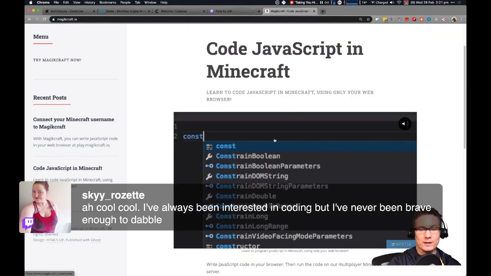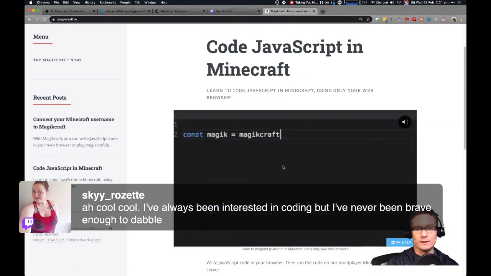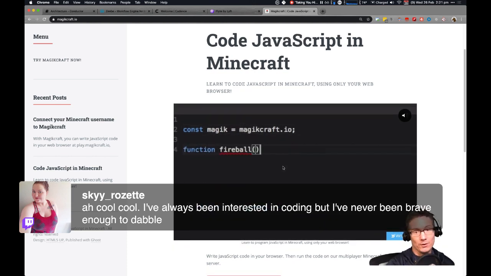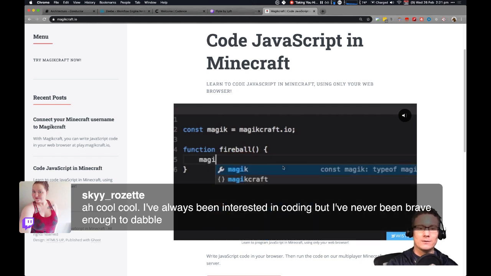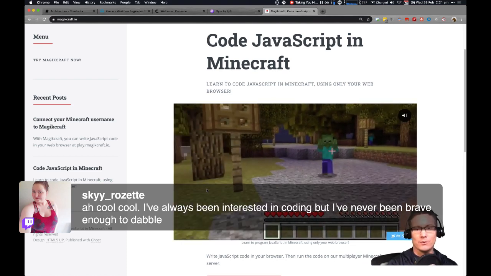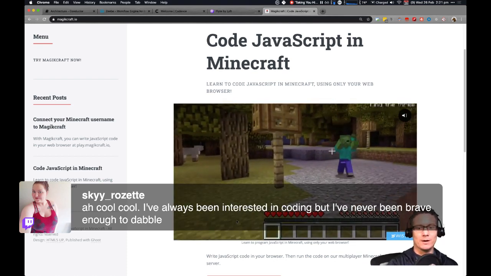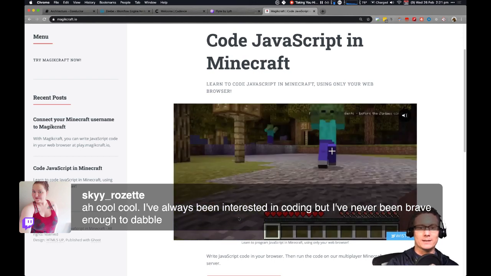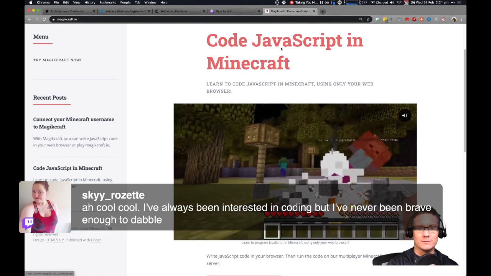You write the code in your web browser, and then you can run it directly in Minecraft. I made it for teaching kids to code. They were already playing Minecraft, so I wondered how I could take something they're already interested in and add coding to that. You can create a fireball in Minecraft to kill zombies, which for the kids is a huge driver because it makes them cool in front of their friends, which helps them keep moving forward.